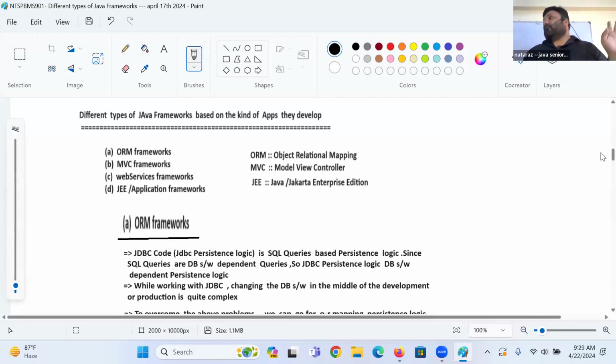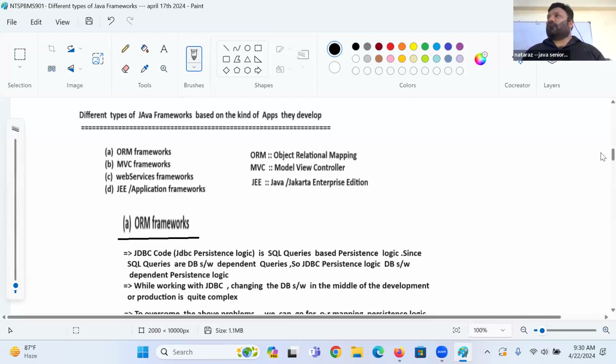What's the advantage of it? You may change database software, but your objects based persistence logic will remain as it is. How is it doing that? It follows a basic rule called one object represents one record of the table. 10 objects represent 10 records of the table. Anything you want to do on the records, you can do through objects. To work with objects, SQL queries are not required.